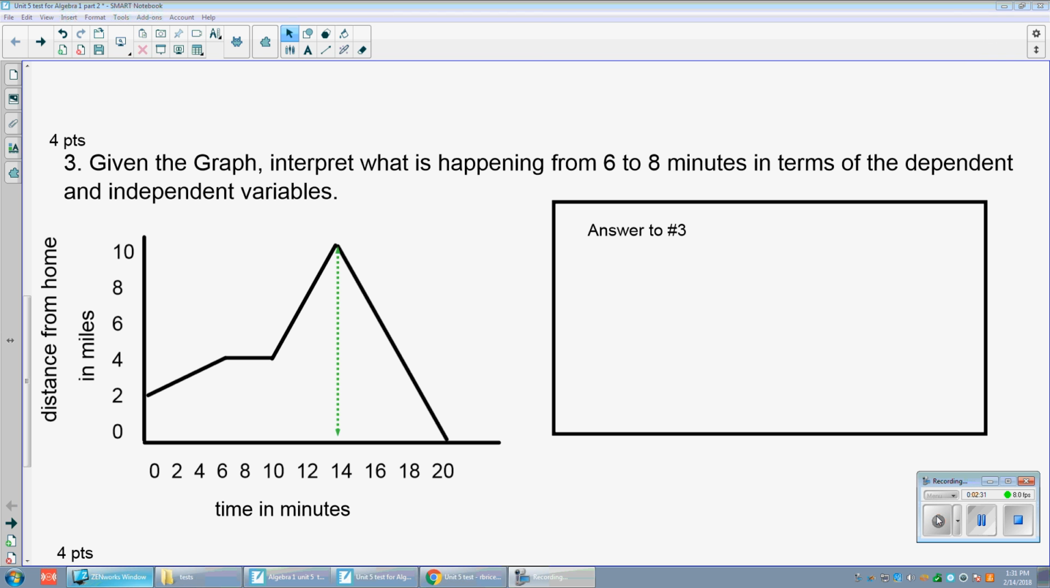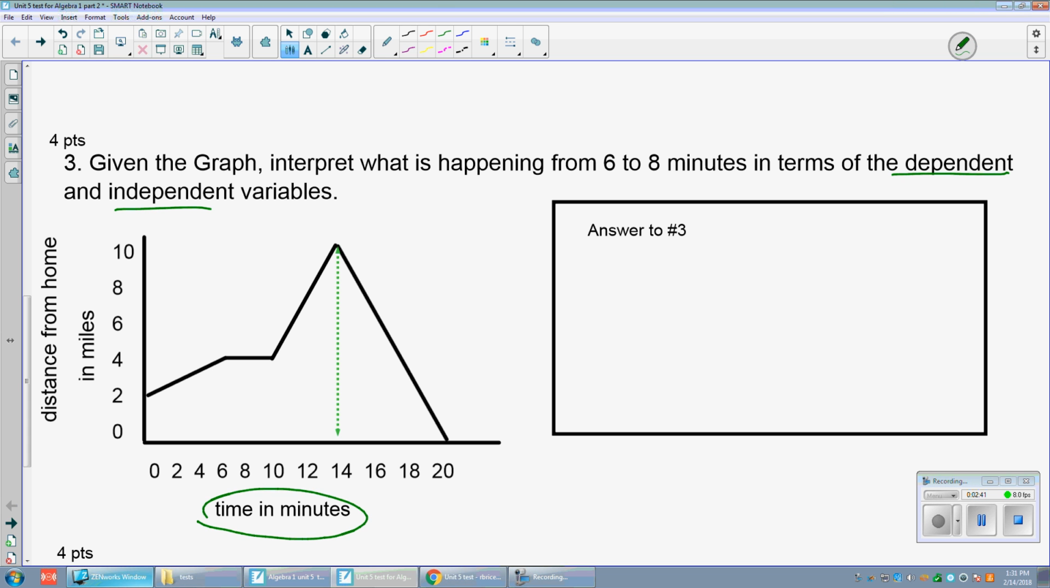So now if we're working on number 3, this is really picky. Given the graph, interpret what's happening from 6 to 8 minutes in terms of the dependent and independent variables. What does that mean? That means you have to use time in your answer, and you have to use miles or something about distance in your answer. So the answer to number 3 is,